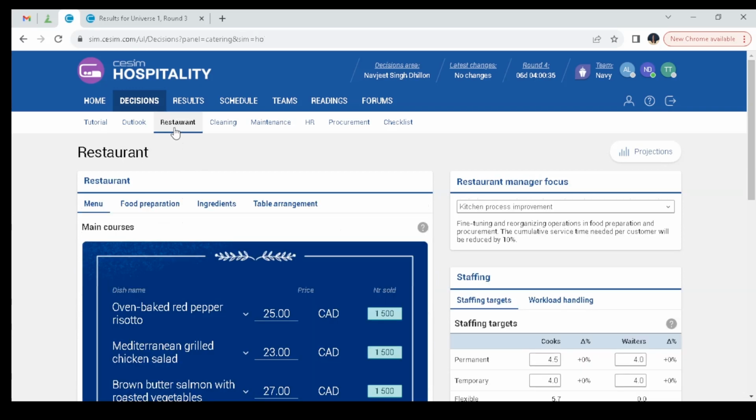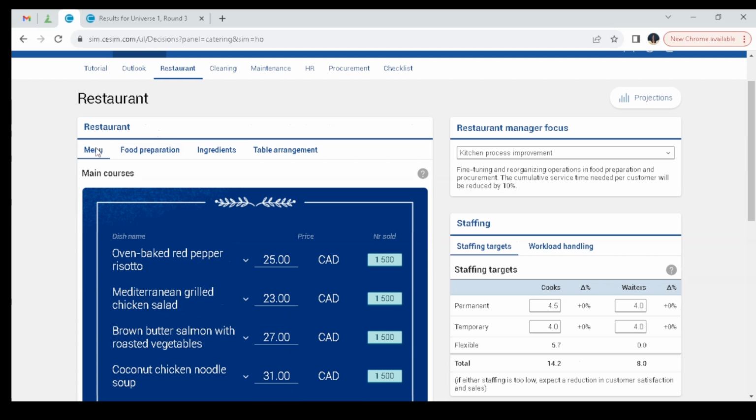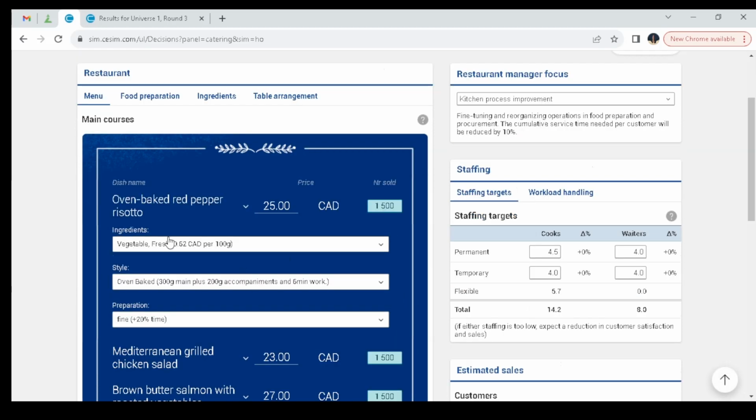And under the restaurant part, what are you going to talk about? The menu, the food preparation, the ingredients, maybe the table arrangement. And here we have to decide the type of products we are going to cook, and we have different options. So for the dish name you can see that we have the oven baked red pepper risotto, whereby we are going to use the vegetable fresh ingredient. Also we have the style, whereby we are going to cook oven baked, and preparation fine, which is plus 20% time. So that's it about the first